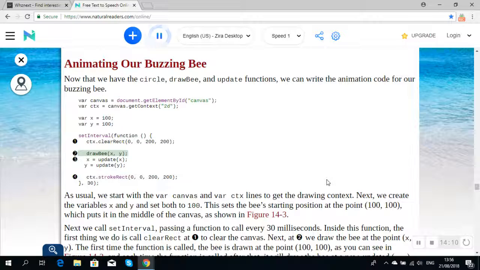function () { ctx.clearRect(0, 0, 200, 200); drawBee(x, y); x = update(x); y = update(y); ctx.strokeRect(0, 0, 200, 200);